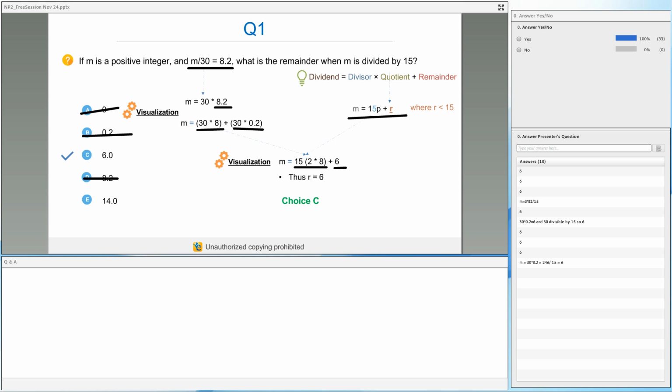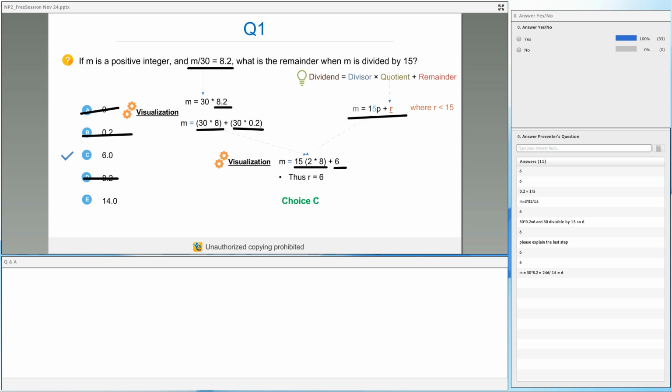So you need to find that and then decide whether that number can be the remainder or not. I hope that answers your question. So don't go blindly and assume, okay, 30 is divisible by 15, so the answer is 0. Don't do that. Keep these two constraints in mind. Remainder should be an integer. Remainder should be less than the divisor. So 30 into 0.2 cannot be my answer, and cannot be divisible by 15, because this is still in the decimal form. I need to multiply and get the value.